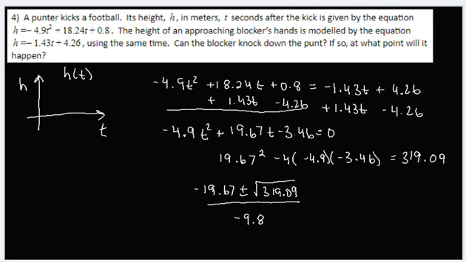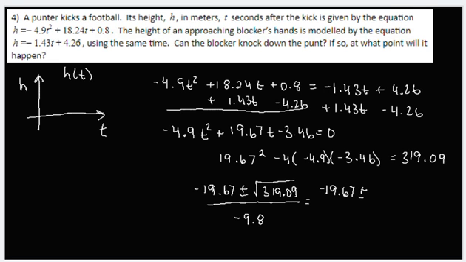Now let's look at this here. 20 squared, all right, this is why we need to know our perfect squares. 19 squared is 361. So this number here is going to be smaller than 19.67. So if we subtract this, we're going to end up with a more negative number. So we're going to have a negative divided by a negative. But also, if we add it, we're still going to end up with a negative number. So this gives us negative